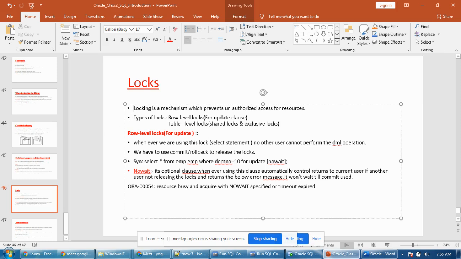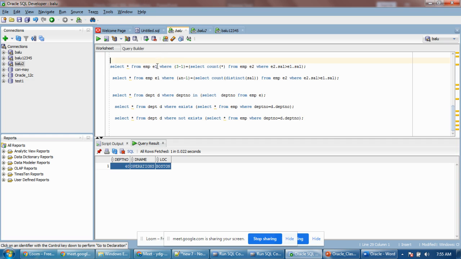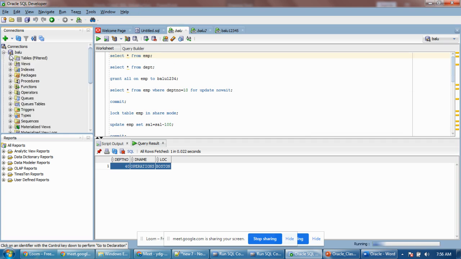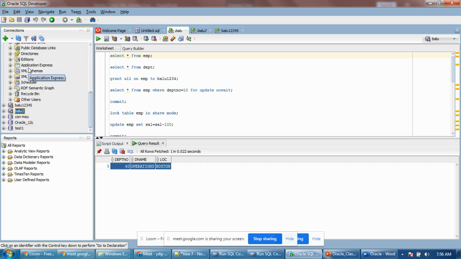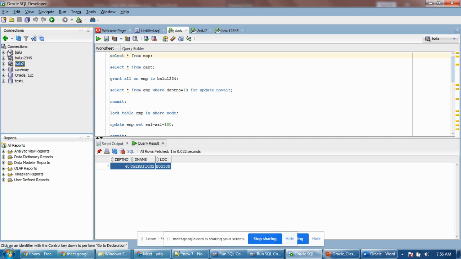This will be required. Let's assume in Oracle, so many application users are there. I have created a few users today: Balu1, 2, 3, 4, 5, Balu2, like that. Let's say I am the owner of the employee table. Without specifying the username, this we can call schemas. You can create a number of schemas, and in each schema all the objects are its own objects. So I am the owner of the EMP